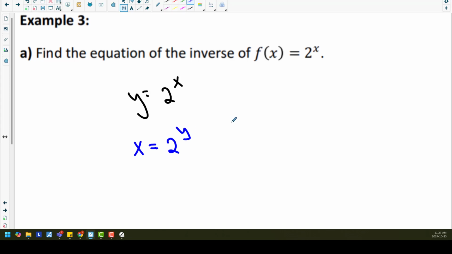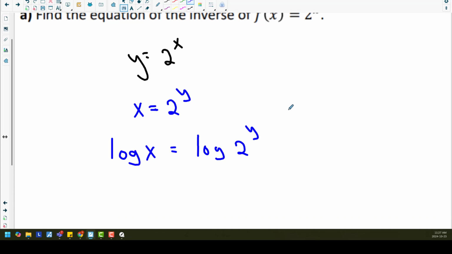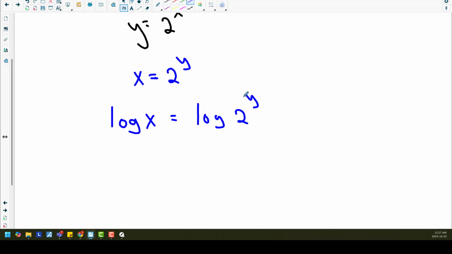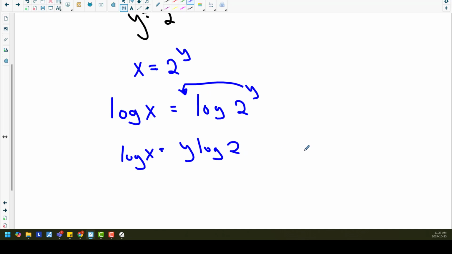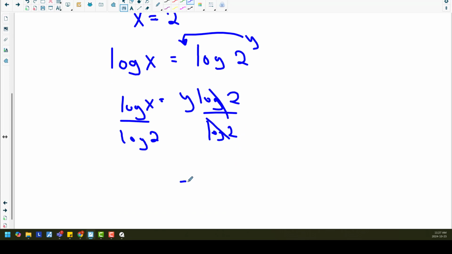So how do we bring it down? And the way to do that is to take logs of both sides. And what does it mean to take logs of both sides? Well, I take the log of everything on the left hand side, and I take the log of everything that's on the right hand side of the equal sign. And now that I've done this, I can bring my exponent down. And this becomes log of x is equal to y times log of 2. Divide both sides by log 2. Cancels this out. y is equal to